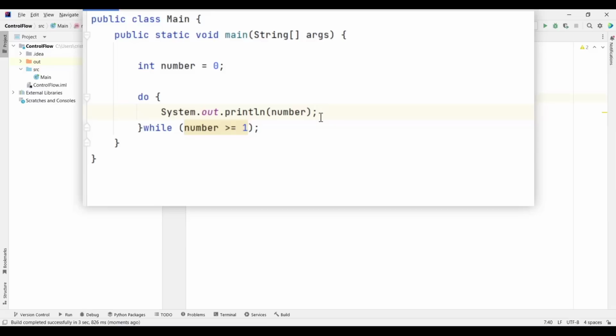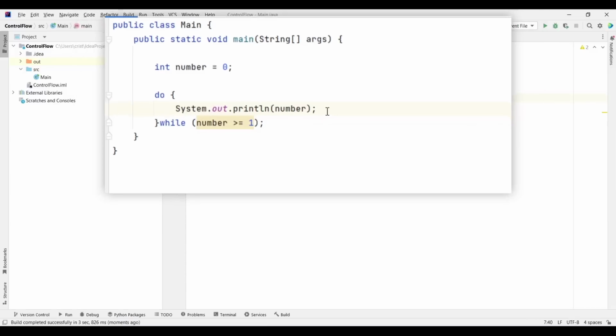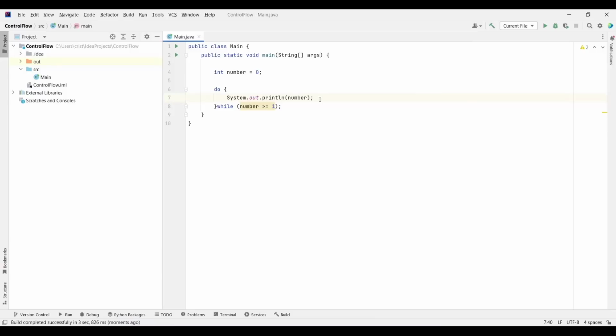So those are the while and the do while loops that you can use in Java. With the do while and with the while, you can use the continue and break keywords in the same way you use them inside the for loop. The break is to stop the loop, and the continue is to skip a particular section of code. So now I'm going to end this video and see you in the next video.